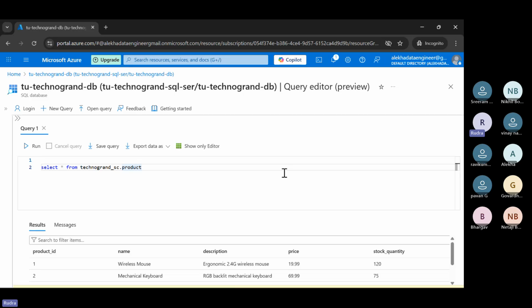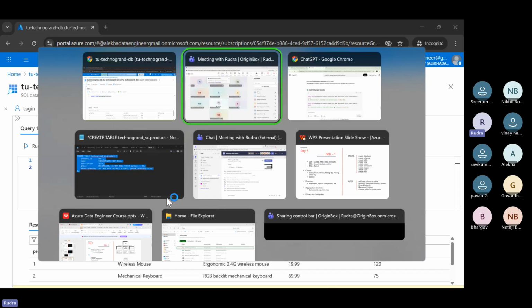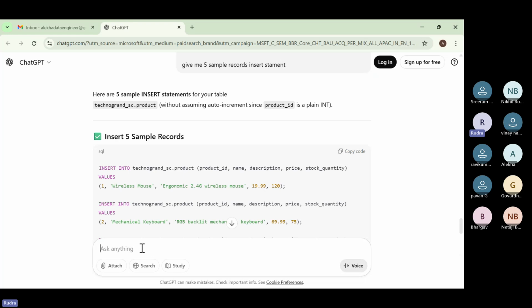But while creating this database, we gave one option, sample. So that is the reason we will be getting some tables and data inside the tables already. We'll see whether the data is available or not. If not, then we will create some tables and we will work on that. So simply you can use something like, create a few tables